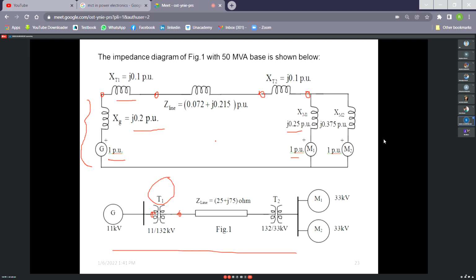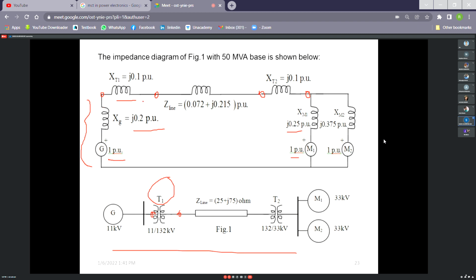Per unit representation is required for steady state analysis also, but for steady state analysis, we do not draw the equivalent circuit. For steady state analysis, we consider the behavior of the machines from the power equations at the different nodes of a power system. That part you will learn in the load flow study. There is one steady state analysis in your syllabus. In that case, we shall not provide any per unit representation of transformer in this way.